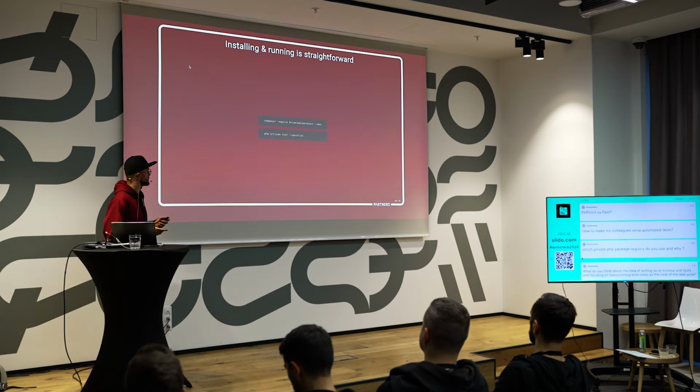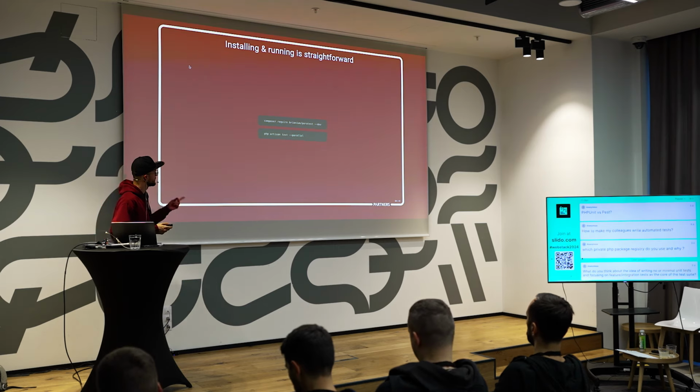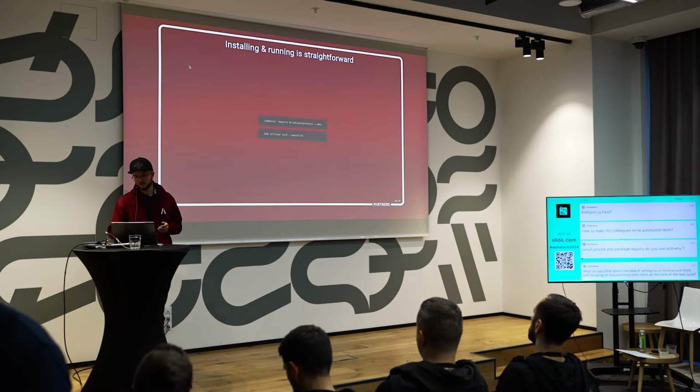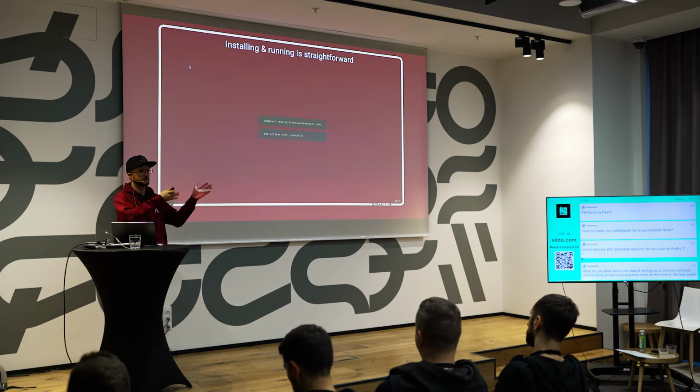Luckily, installing and running is pretty straightforward. Again, we're running in an open source world, so we just require a paratest package, which is in the Laravel docs, and then we'll just call an artisan command with the parallel option. That should possibly work. There are edge cases where, for example, you might be relying on a storage